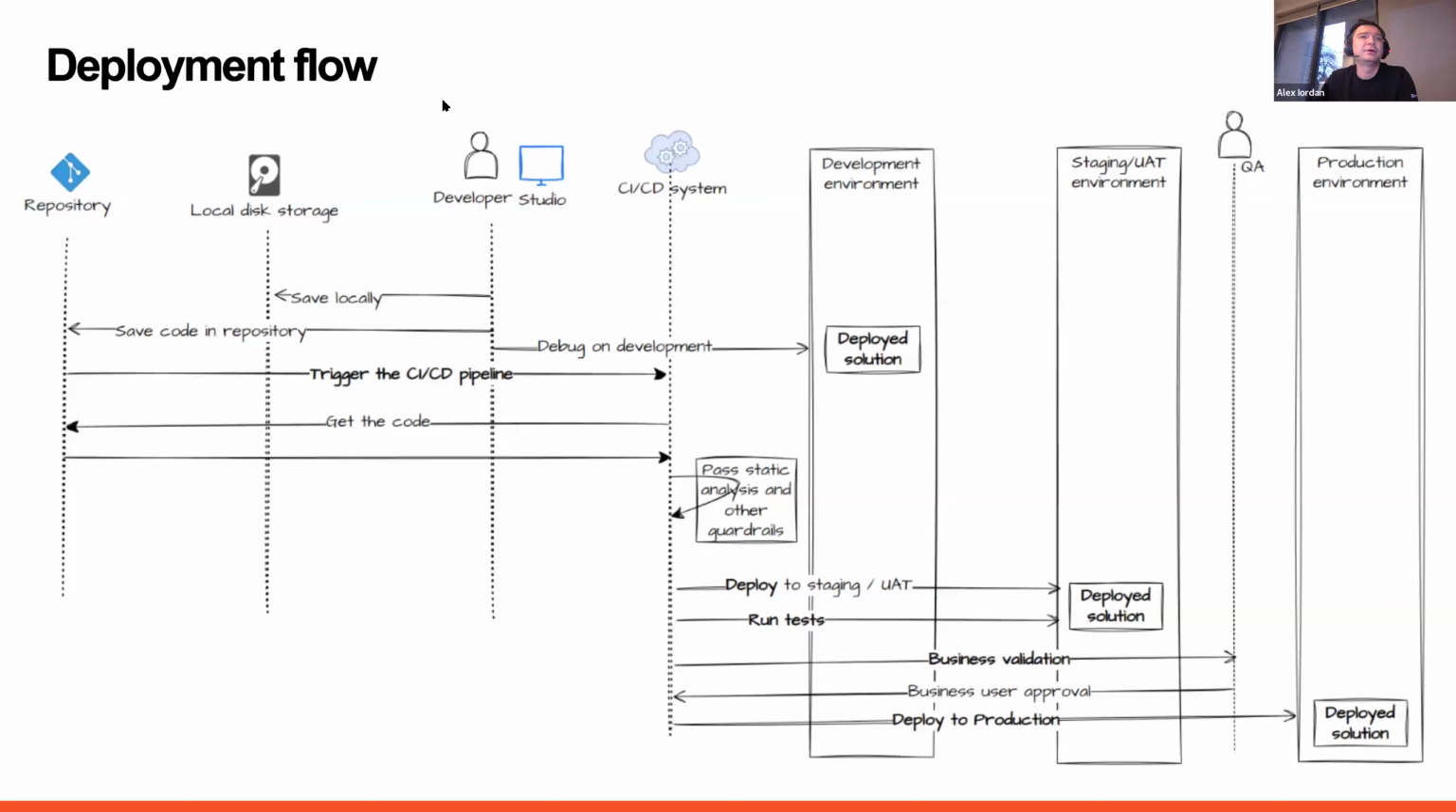I've depicted the developer that works in Studio and now can save the work locally. He can debug on the development environment and save the code in a repository whenever he's happy with it. And he can set a CI/CD system to be triggered whenever a change occurs. And with the tools in place, the CI/CD system enables